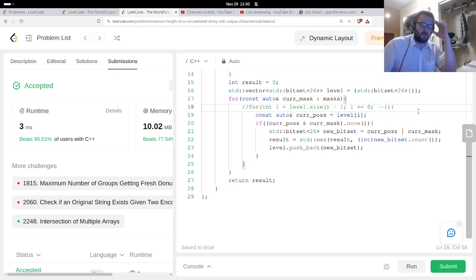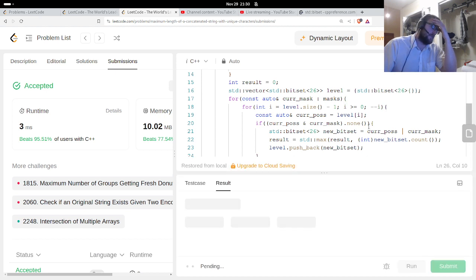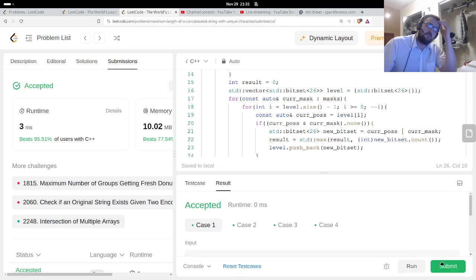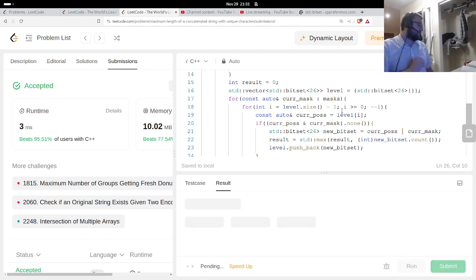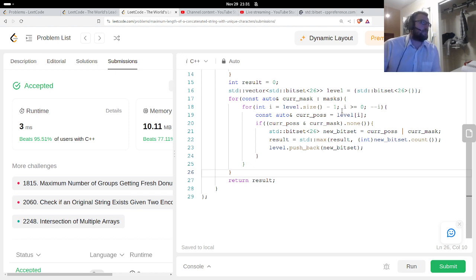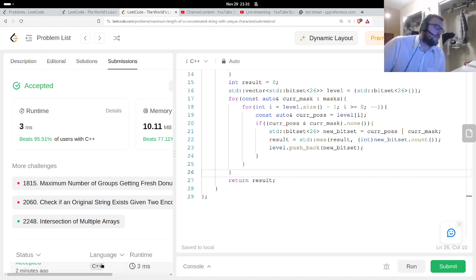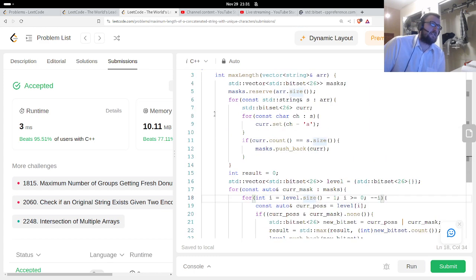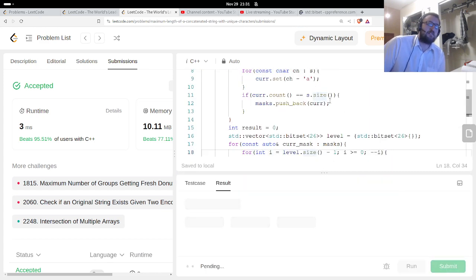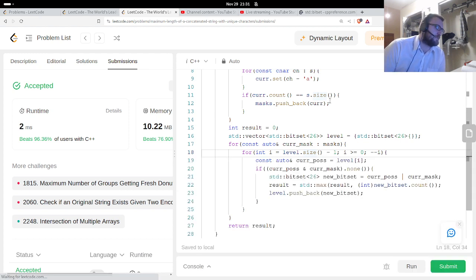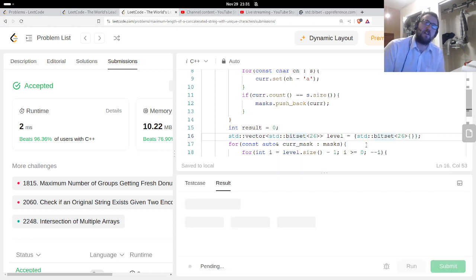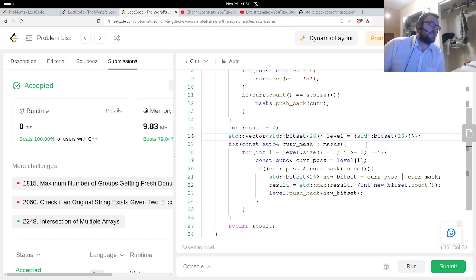So you don't actually need this. You don't need to worry about that. It's kind of unique to this question that you don't even need to go backwards, just the way that it operates. But with other questions, it would actually break your solution. Oh, I guess we're just at 3 milliseconds now. But yeah, you don't actually even need to go backwards, which is pretty funny. That's a subtle thing. So yeah, not even that clever, actually. Not even that clever. But good still.